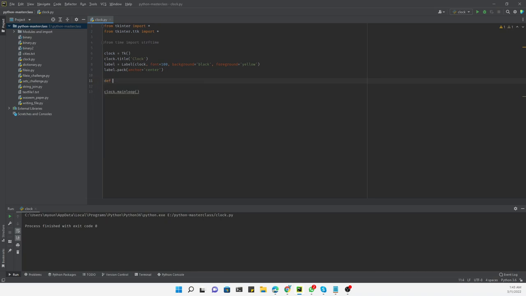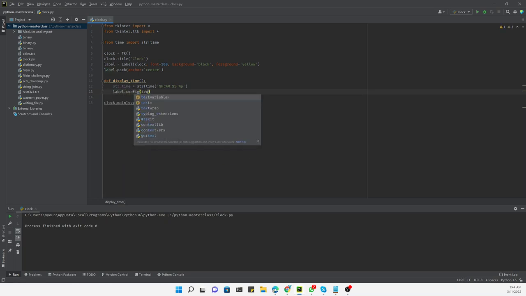So we will define a method display_time, and here we will add a string time to get the time in this format, strftime. So here we will have to add the format. So first we need to add hour, and then minutes, and then seconds, and then AM or PM. Okay, and after that we will have to add this text on the label: label.configure, text equal to string time,